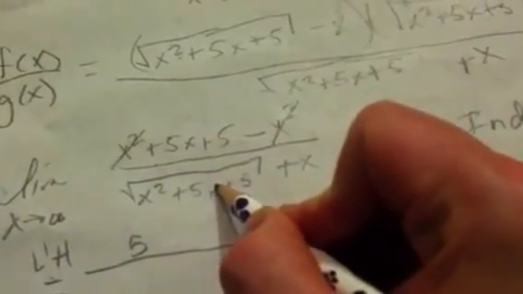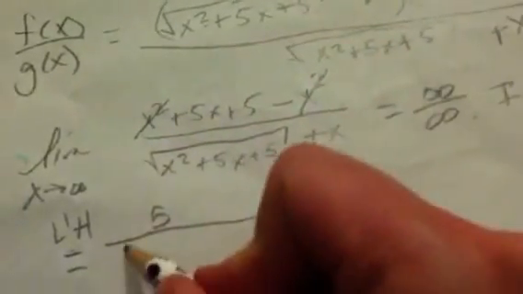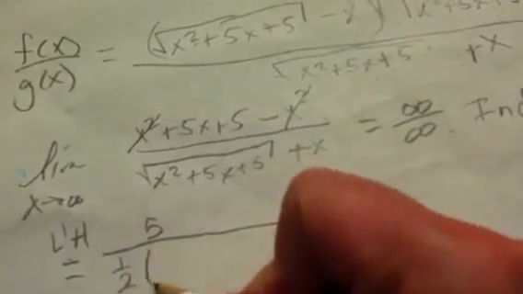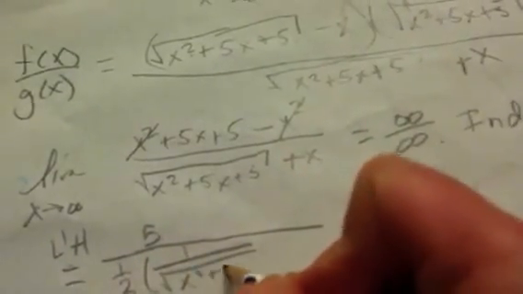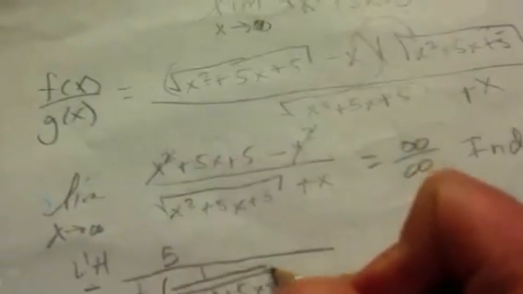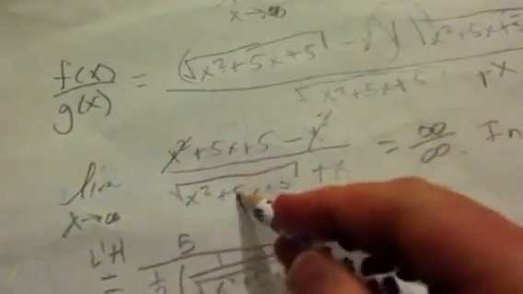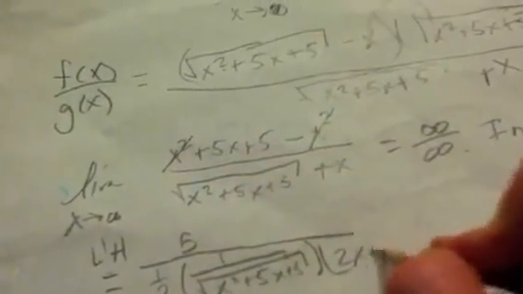And that suggests that this limit is equal to, due to L'Hopital's, the derivative of the numerator, 5, divided by the derivative of the denominator, which is 1/2 times 1 over the square root of x squared plus 5x plus 5 times the derivative of what's inside, which is 2x plus 5